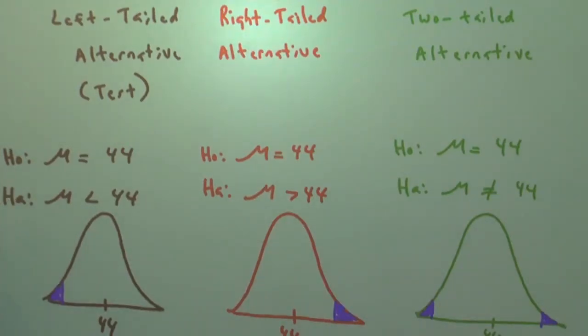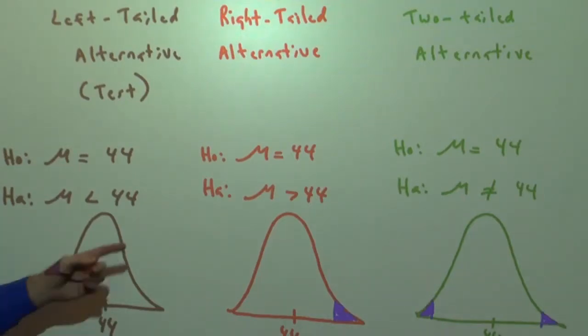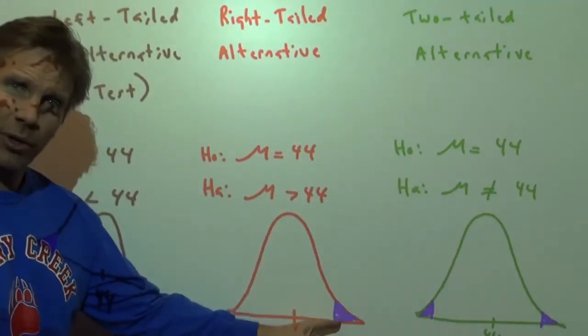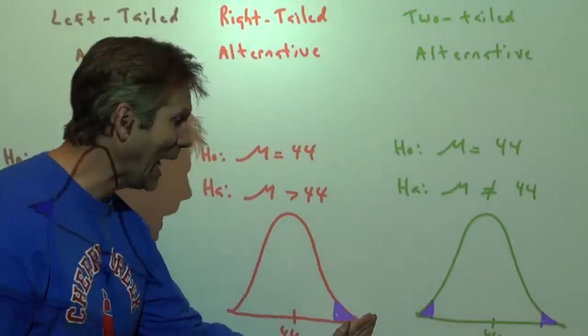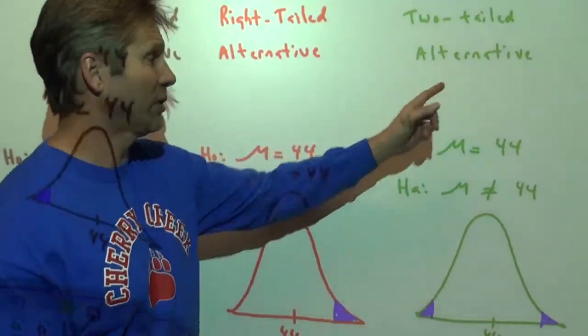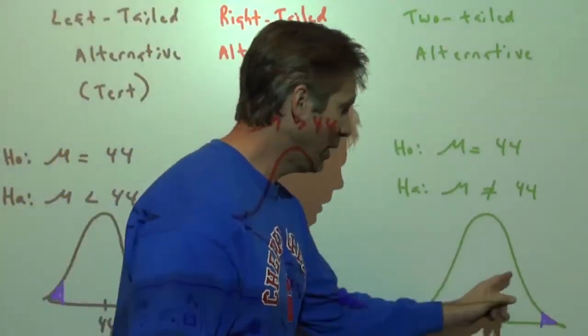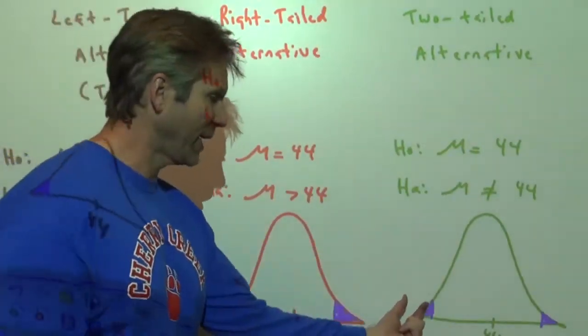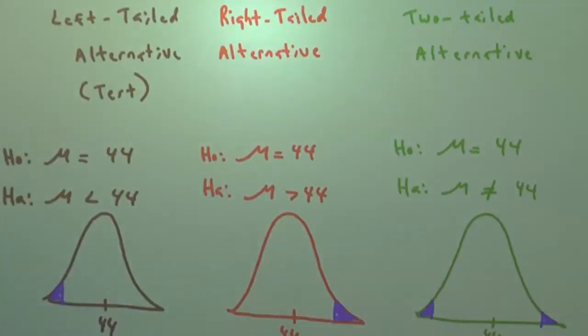A left-tailed alternative, otherwise known as a left-tailed test, is based on the alternative. The null is always going to collapse to mu equals 44 in this case. If the alternative says mu is less than 44, the only way you can reject the null is to get a sample mean down here. If it's a right-tailed alternative, meaning that the alternative says mu is greater than 44, now the critical region's on the right tail. Only an extremely high sample mean, well above 44, will cause us to reject the null. With a two-tailed alternative or a two-tailed test, you could have a result on either tail, extreme in either direction, to reject the null. Don't forget, you've got to double the area on each side in order to get the p-value.